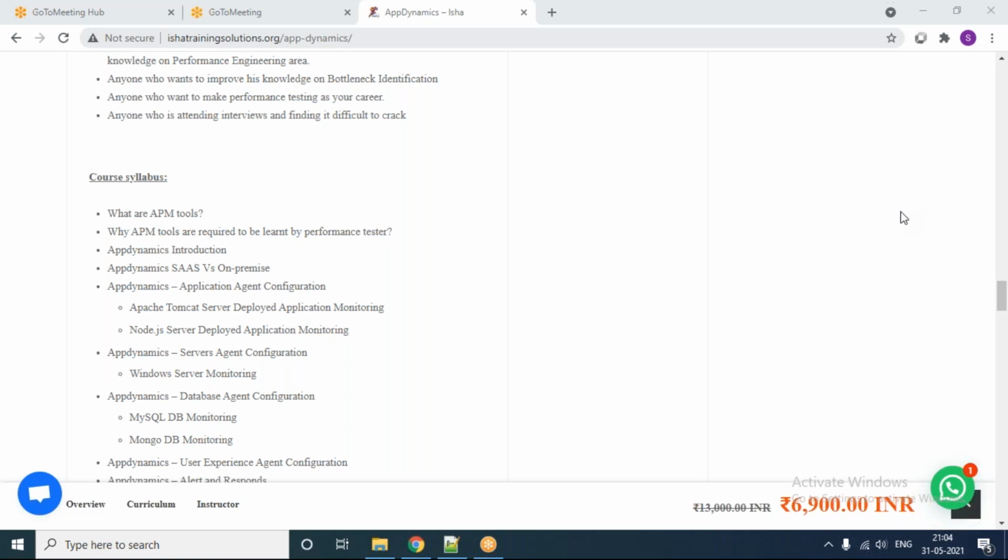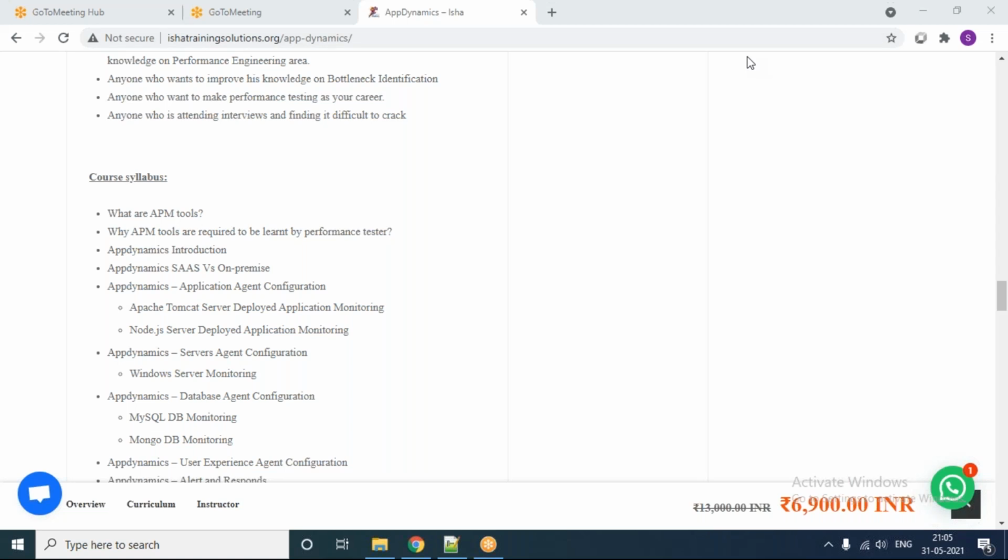And then we'll cover the introduction to AppDynamics, because there are different tools in the industry. In what way AppDynamics is good, and compared to other tools, how we can easily adapt it to your organization's needs. In most cases, the customer will only tell the problem statement, and we are in the position to provide the solution.